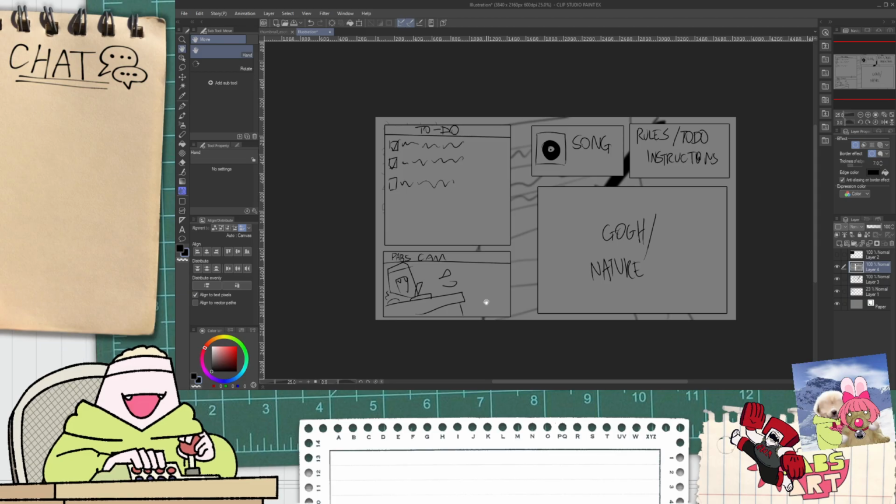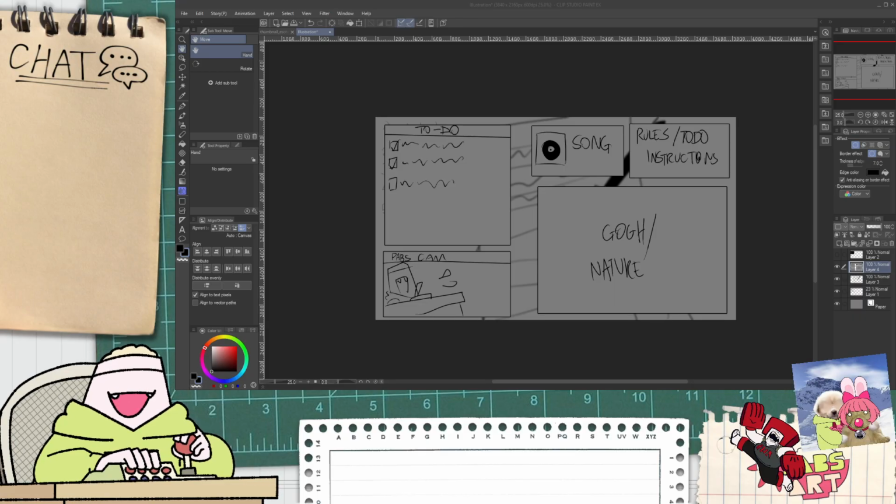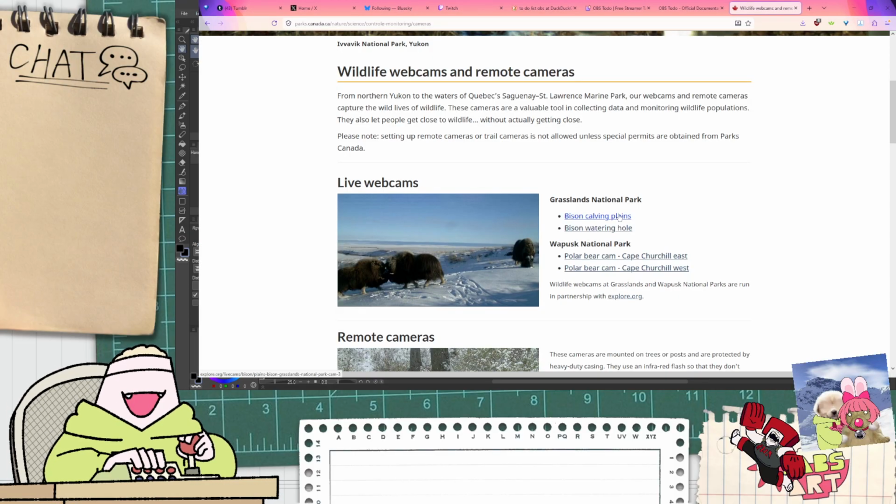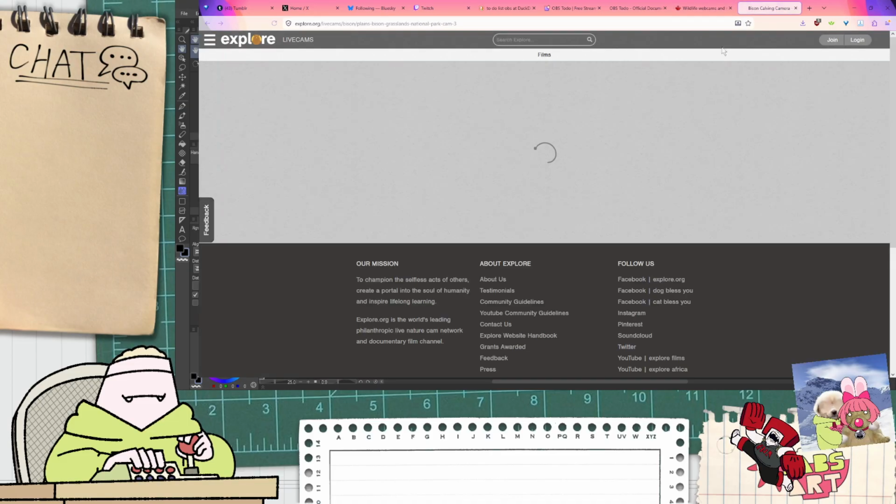Actually, come to think of it, are there any websites that just do 24/7 live streams of trail cams or such? So hang on, trail cam feed. There's an entire website in Parks Canada about it. How about that? Yo, wait, pause. Hang on. Where's my browser source? Check this out. Bison Calvin Plains.